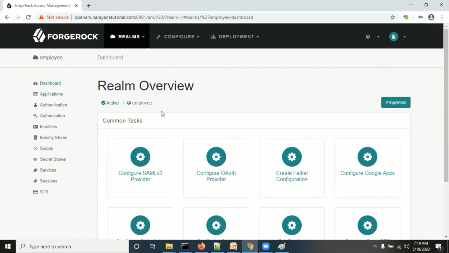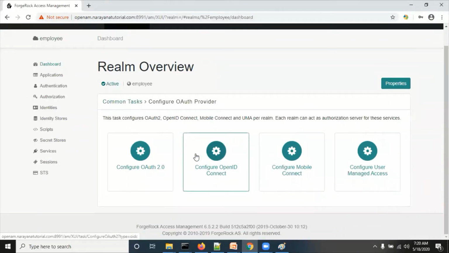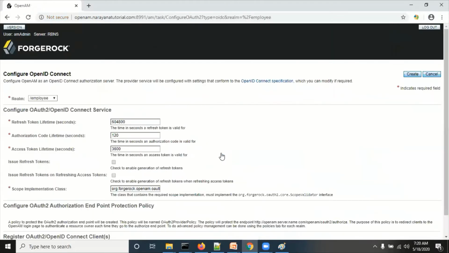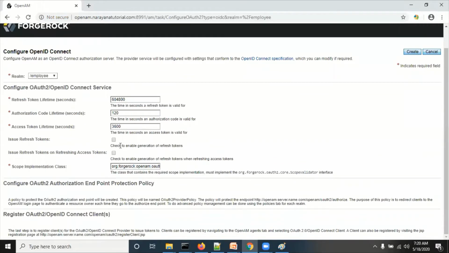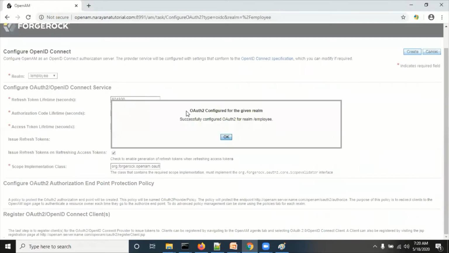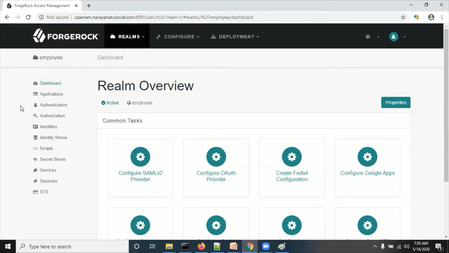So how to enable OpenID Connect? Go to any one of the realms; now I am in the employee realm. Go to the dashboard, and in the dashboard click configure OAuth provider, then click configure OpenID Connect. Here you can select refresh token, issue tokens, and click create. Yes, it's created.